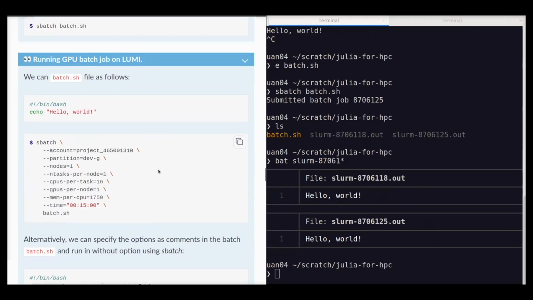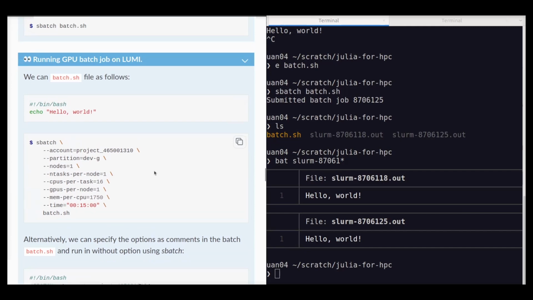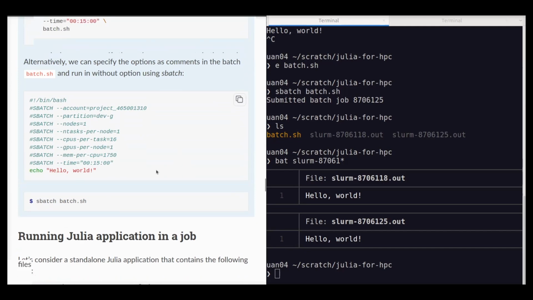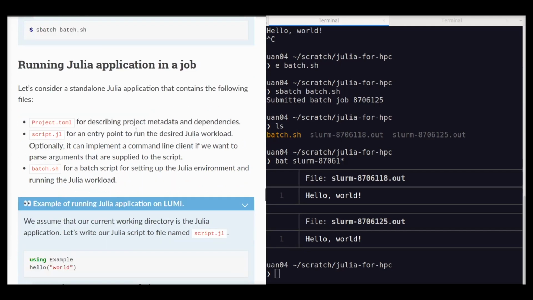Exactly the same. We just request a different partition and one GPU to get the GPU resources. I will not demonstrate it here. There's nothing different compared to here. Then running Julia applications,